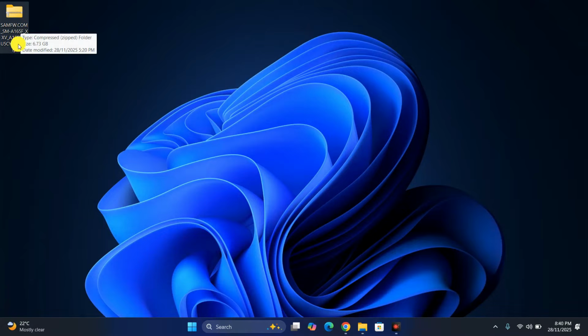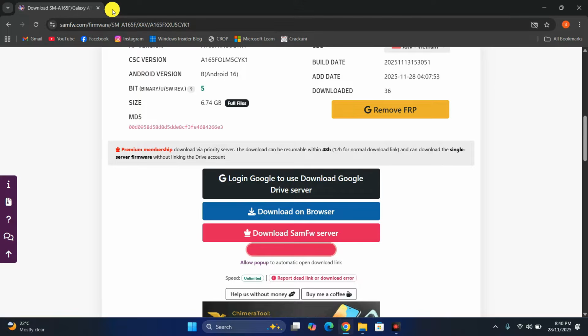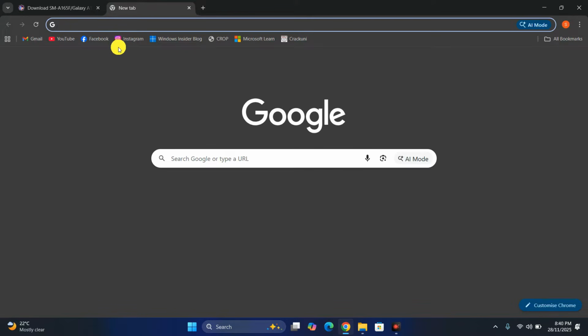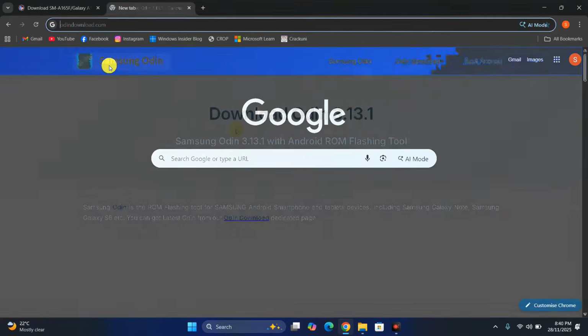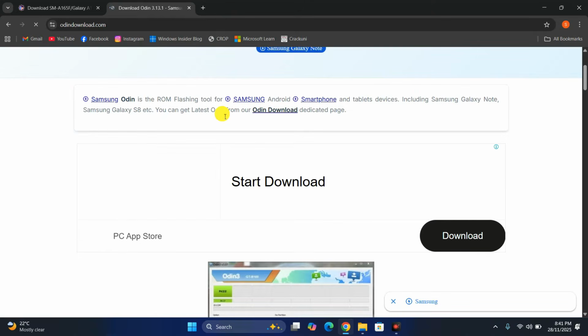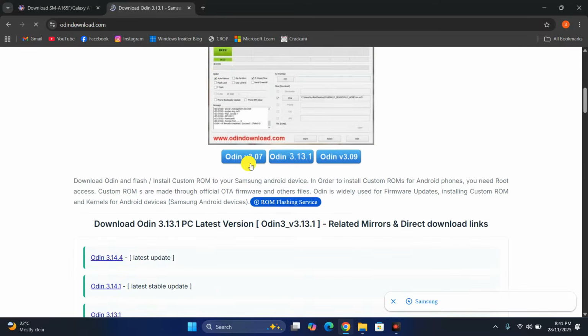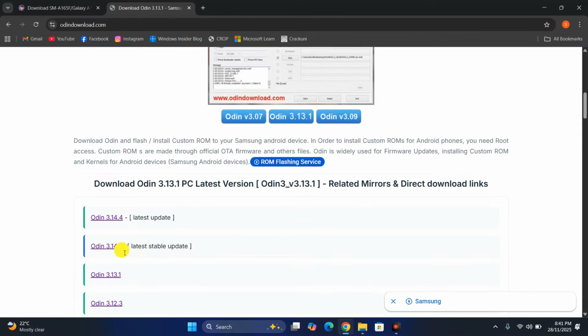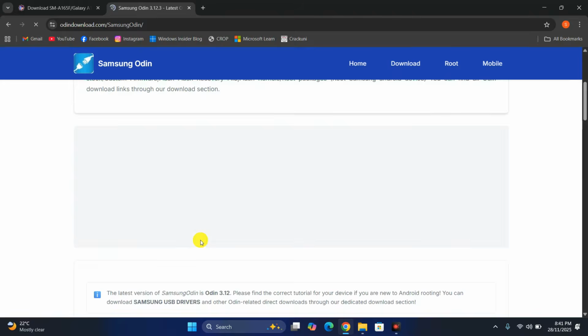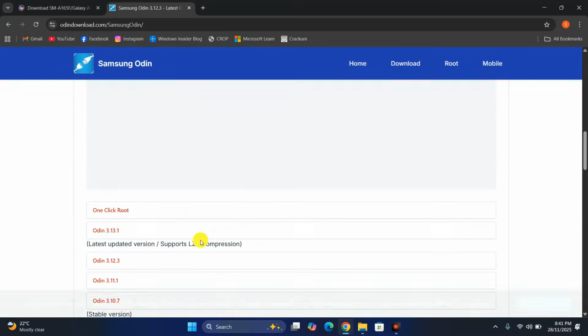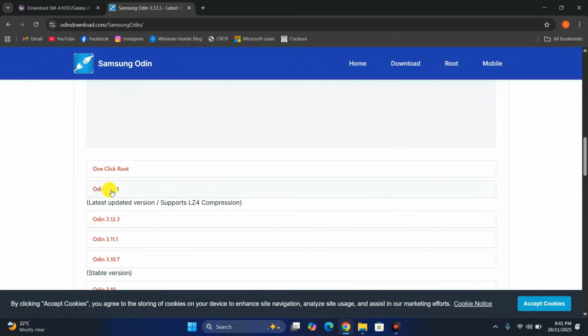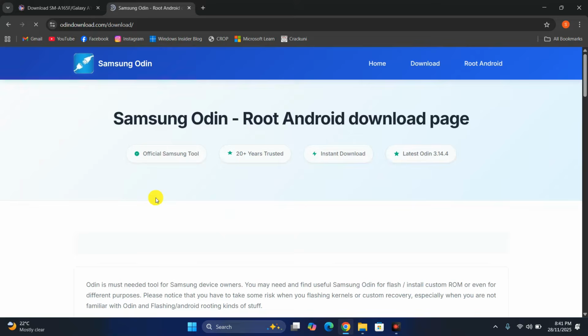Here's that firmware. As you can see, 6.73, 6.74 gigabytes. So this is the same A16 5F XXV, which is the Vietnamese version. And then now we need to download a really small software. It's officially from Samsung, and it is used by Samsung engineers. Here's that official website. I have given its link, and then you have to scroll down and select the latest stable version. Click on that, scroll down a bit, and then the latest version is this one. So just click on this, scroll down